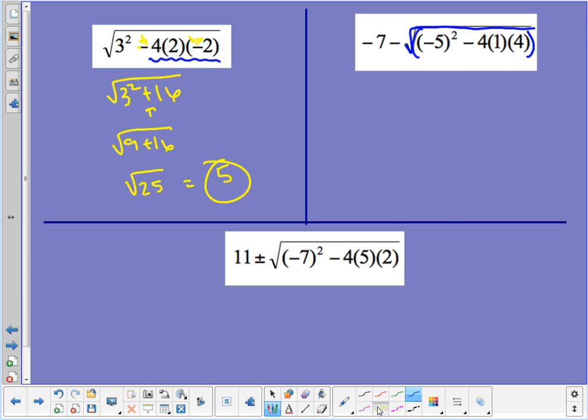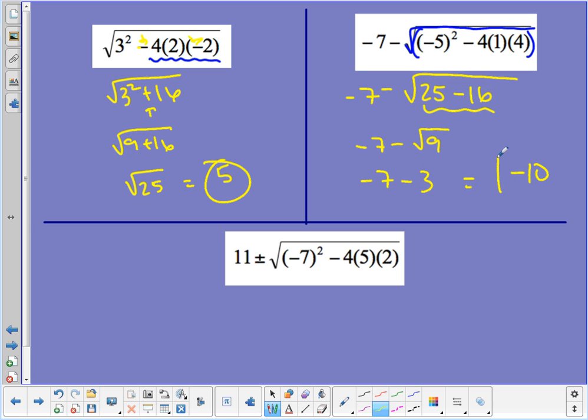I can do it in pieces, so I'll do a couple parts here. So I have negative 5 squared, and negative 5 times negative 5 is 25. And then I have negative 4 times 1 times positive 4. Negative 4 times 1 times positive 4 is negative 16. So I'm looking at 25 minus 16 there. I still have this negative 7 minus that whole thing out front. Now I keep simplifying under the radical. That's negative 7 minus the square root of 9, because 25 minus 16 is 9. And then take the square root, negative 7 minus 3, square root of 9 is 3, and I'm left with